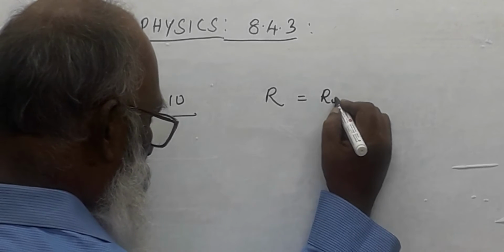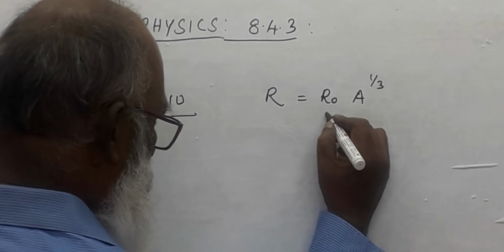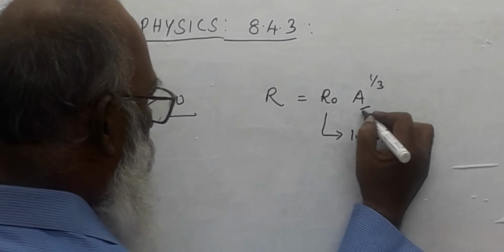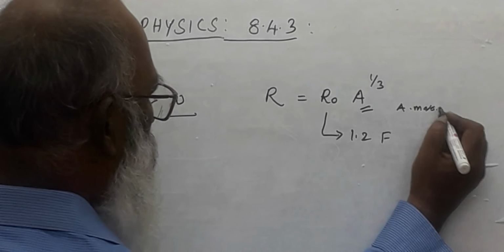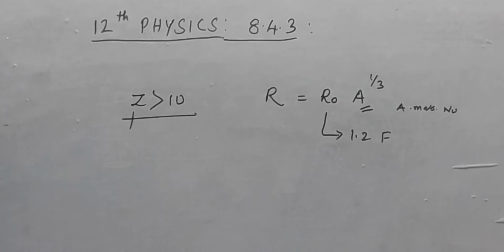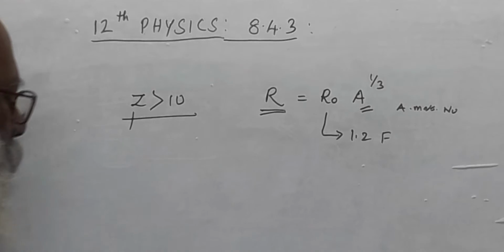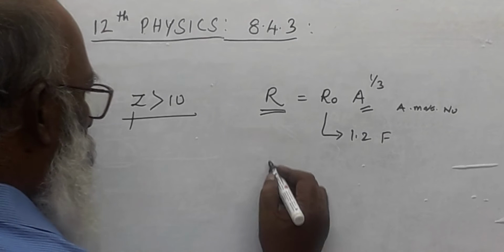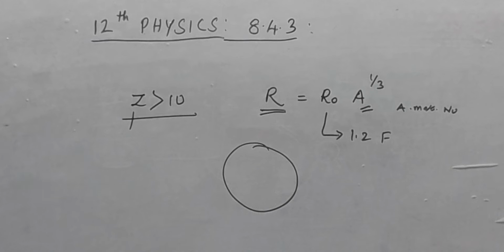the constant R naught into A power 1 by 3. The constant value is equal to 1.2 Fermi, and here A is nothing but the atomic mass number. This is the relation for R, that is the radius. This represents the size of the nucleus. That's why if you want to find out the radius,